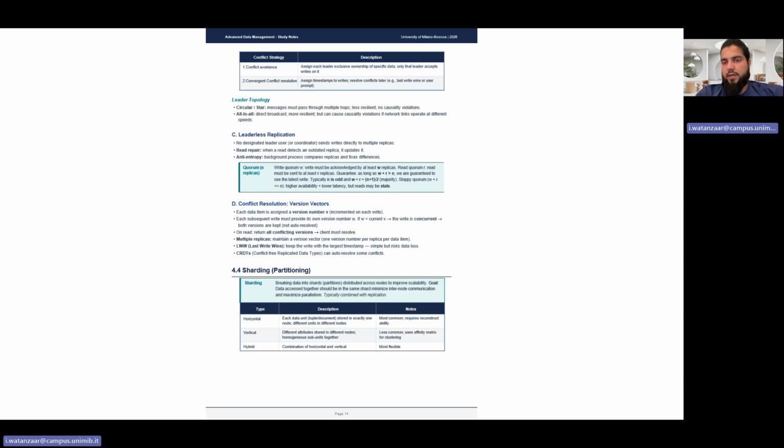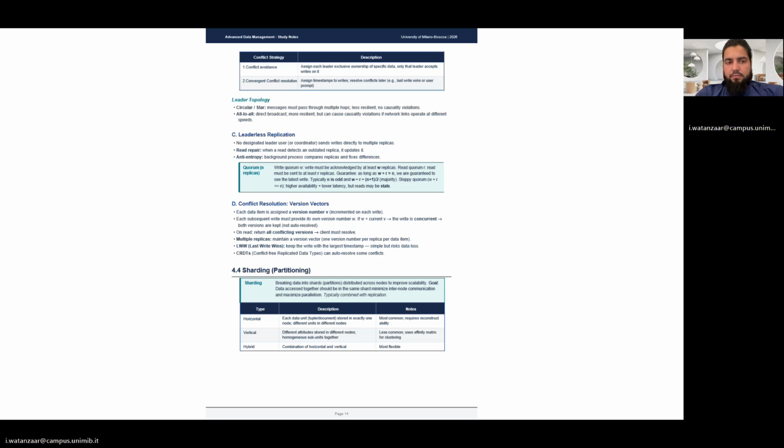The other one is called anti-entropy. They run background processes that look through the replicas and fix the differences. So these are the two methods, and they work entirely differently from the single leader or multiple leaders replication